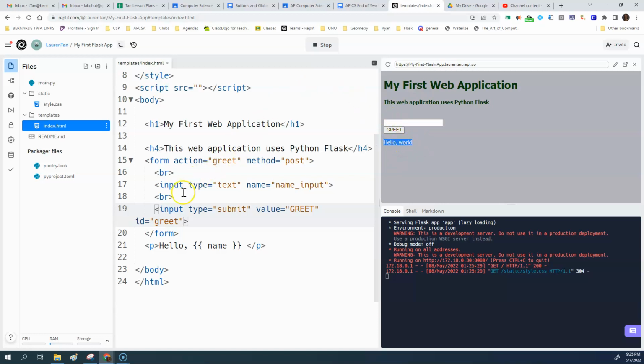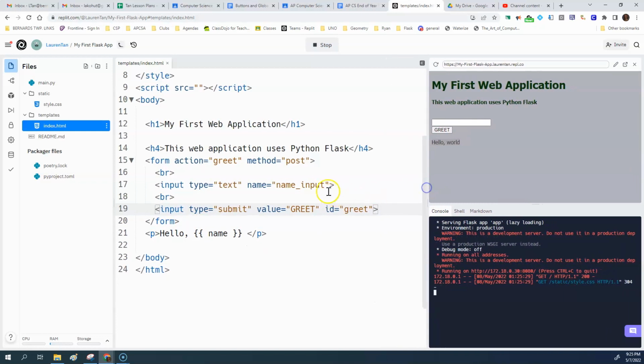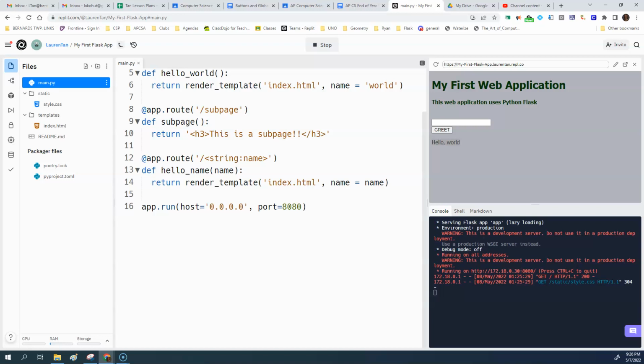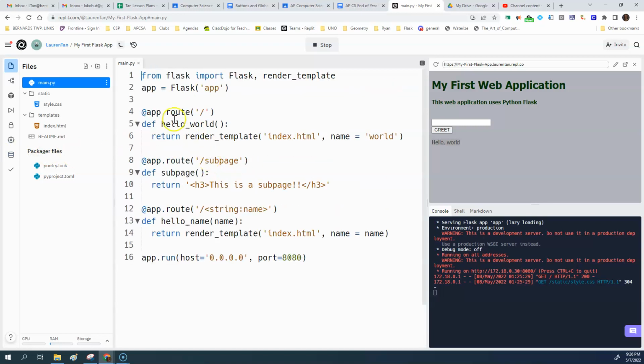And so now we need to somehow get our Python code to sync up with this form. And so here's our form tag, and here's everything inside of it. And so now we're going to go into main.py, and under app root here, instead of just having hello world,